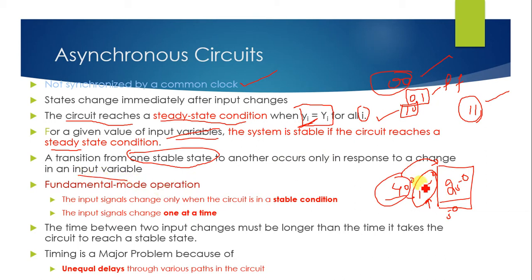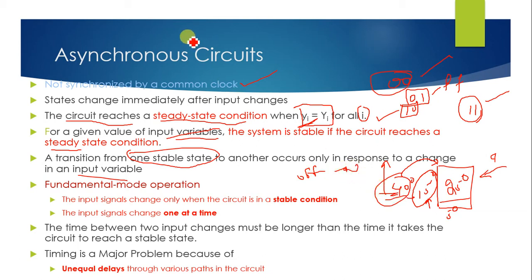The input variable is what? Input to this is temperature, right? The temperature variable has increased to 40, so the internal temperature also will increase, thereby the compressor will turn on. So transition of the state of your compressor has happened from off state to on state because of this input.